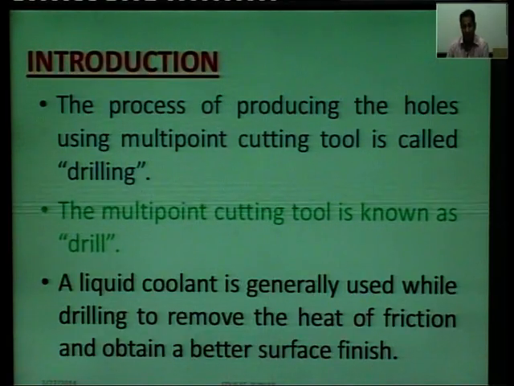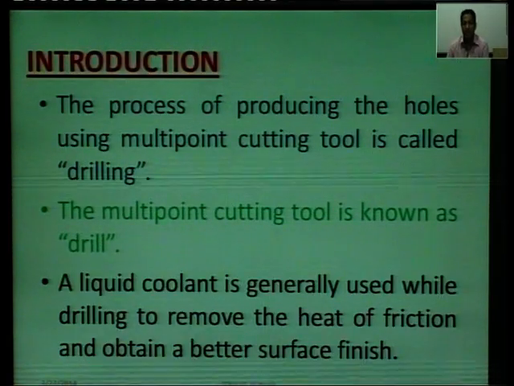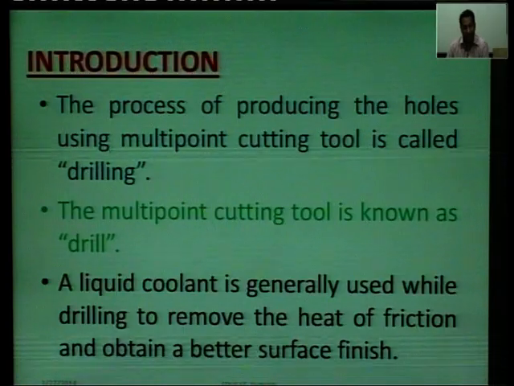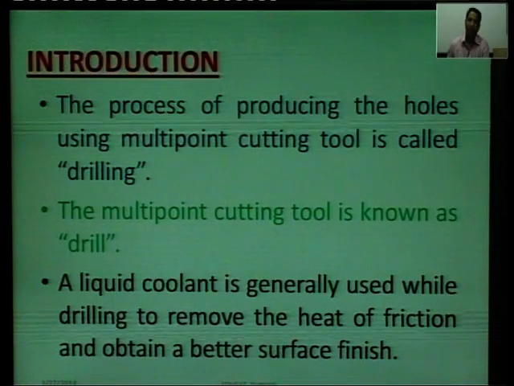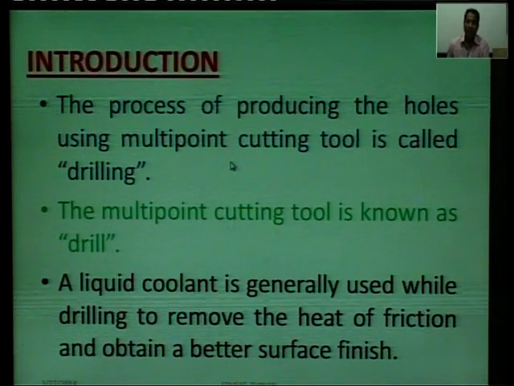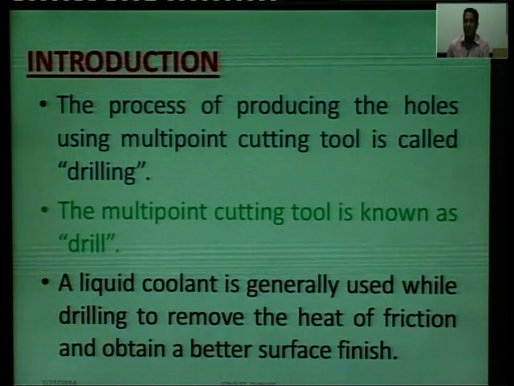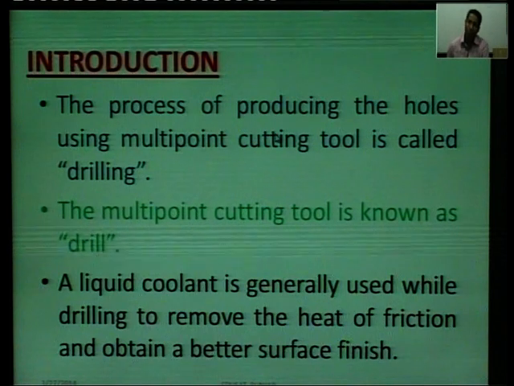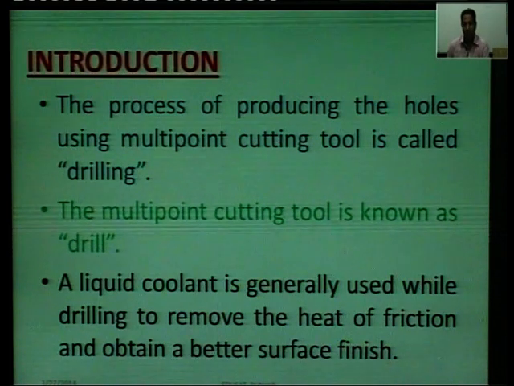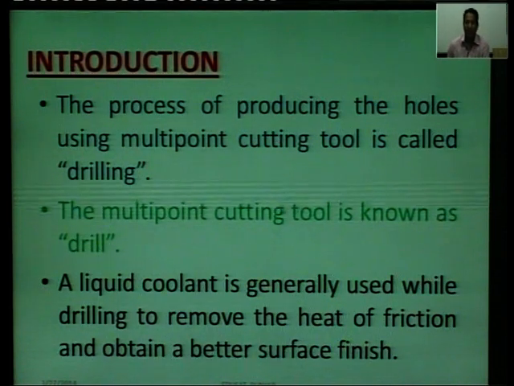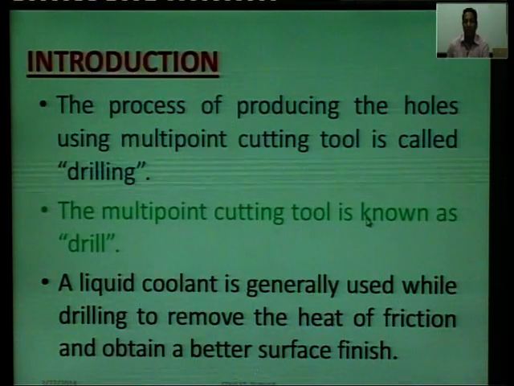But in the drilling machine, the tool is called a drill and it is a multi point cutting tool. Due to this, we remove the material from the surface of the workpiece and are able to produce a hole in the workpiece.